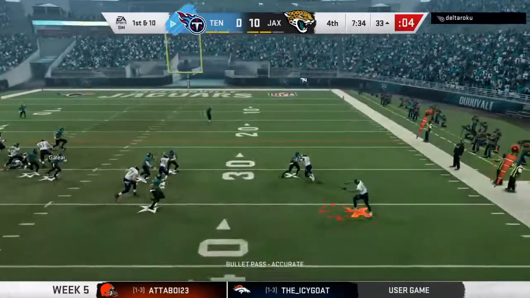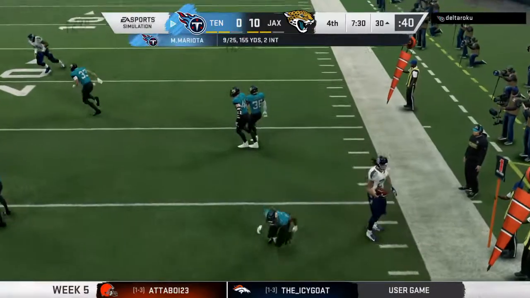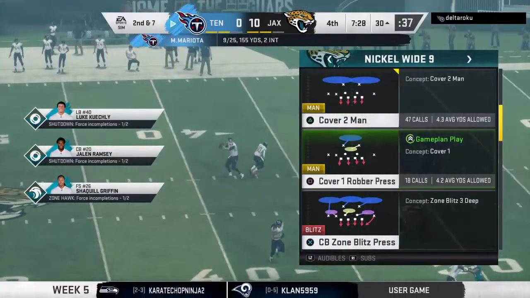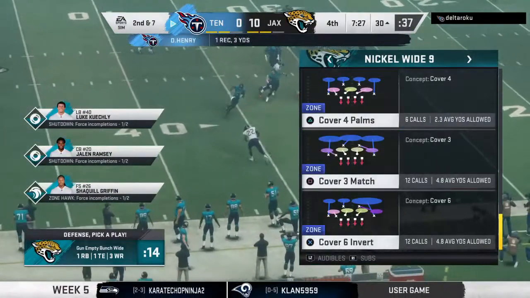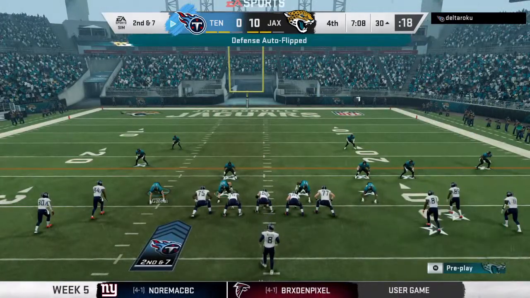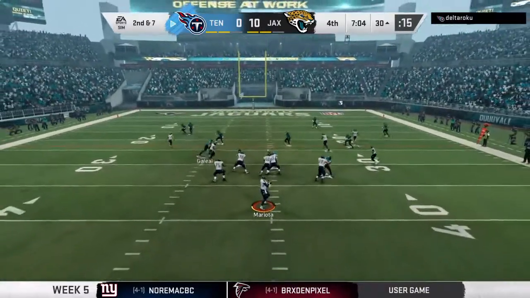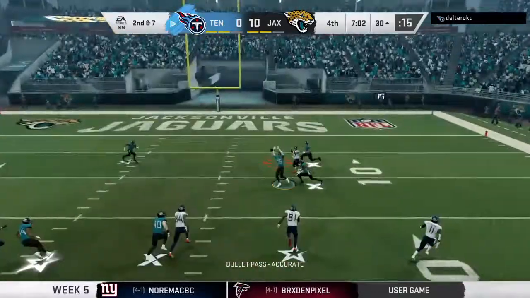Now a fake on the give here as they try the run-pass option. And caught by Henry. Give him 3 on the play, and it'll make it a 2nd down. One thing I think that's safe to say defensively, the tackling's been really good. And because of that, it's been very, very hard for them to move the ball because you're not getting the benefits of run after catch. You're tackling almost on the...